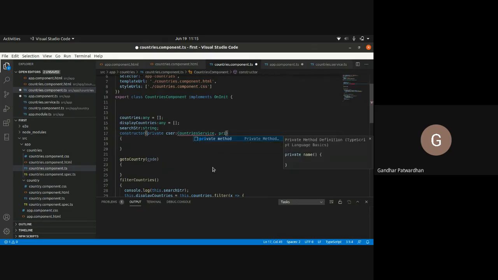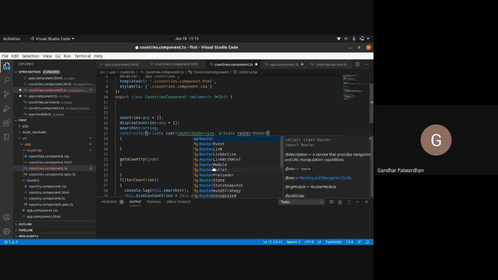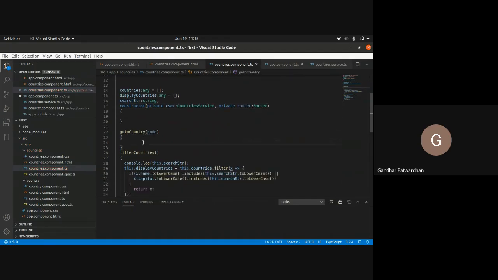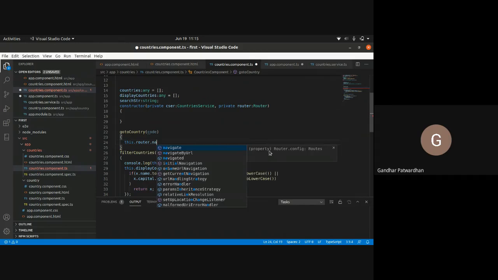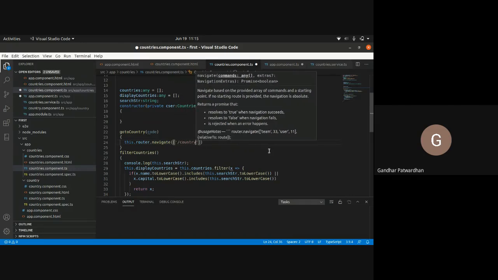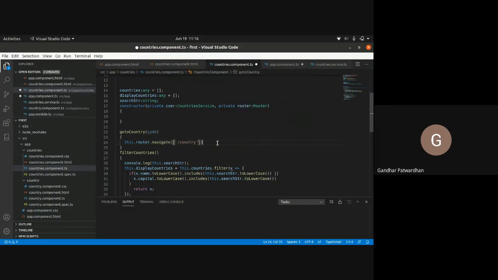I will say private router colon Router, comma. Right, and then I would say this.router.navigate. Inside navigate, I will give the path as country. That is the first thing which I have done.